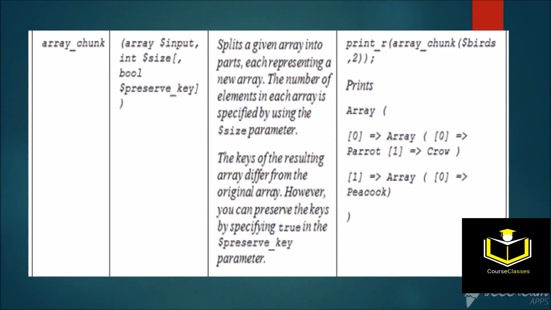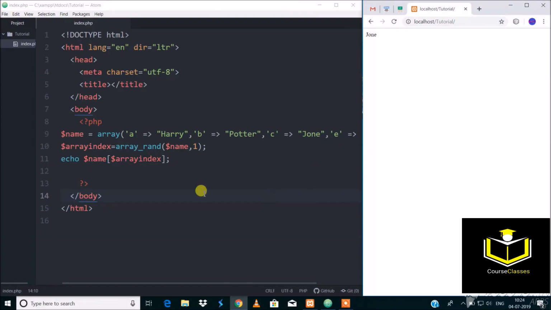The next function is array_chunk. Array_chunk is used to split a given array into multiple parts.